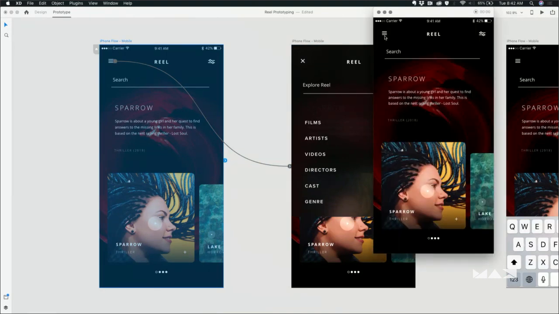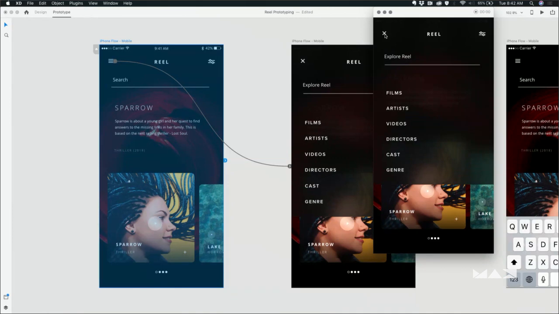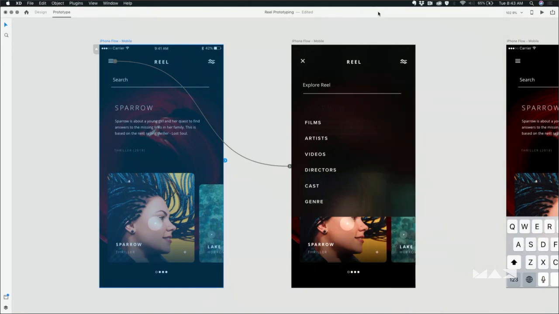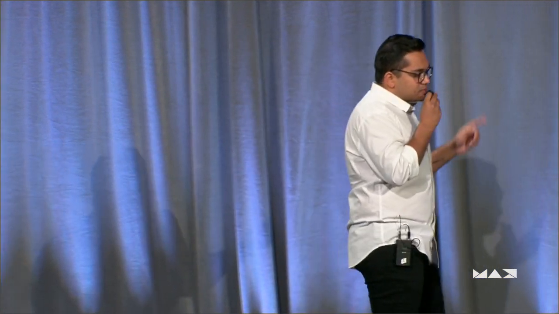And I'll be like, look at how amazing this is. Like it's got a menu that slides from the top. But it's not as realistic as you want it to be. You have to really explain what your intent is. So while we build features on XD, we think of tasks like these. We look out for opportunities where it represents a lot of friction or several steps in the design process for you. So this brings me to the very first feature I want to talk about, which is called